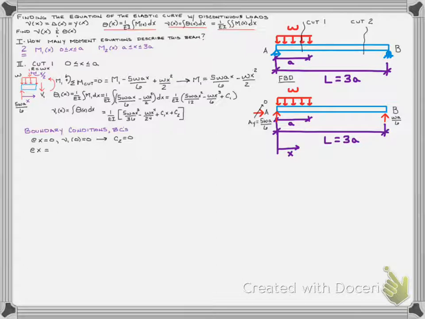end up with the same amount of length terms. So a is a length term, x cubed is a length term, so I have 4. In the next term, wx to the 4th over 24, I have 4. And that's a great way to check that you didn't make a simple math error, which happens in these all